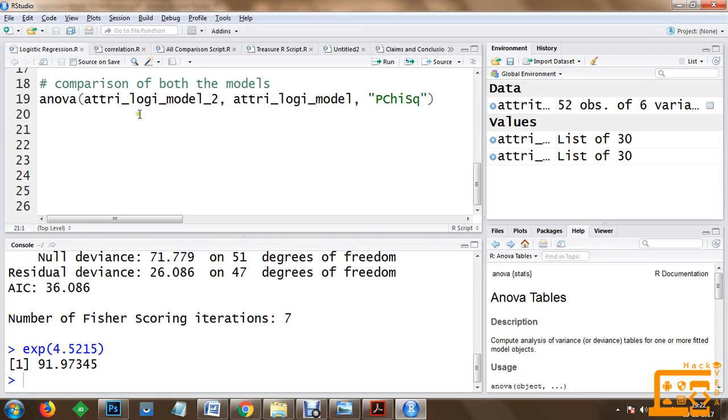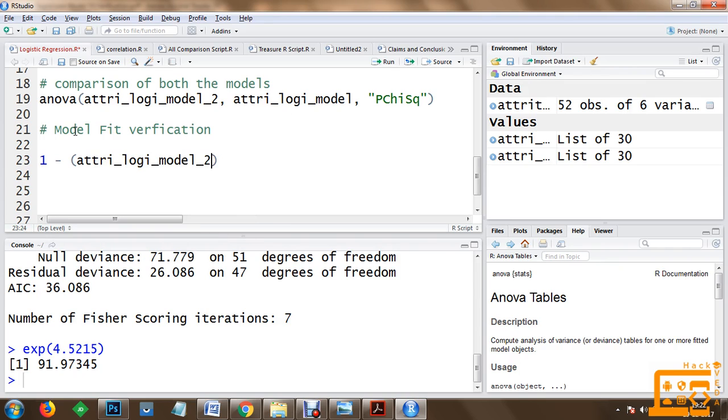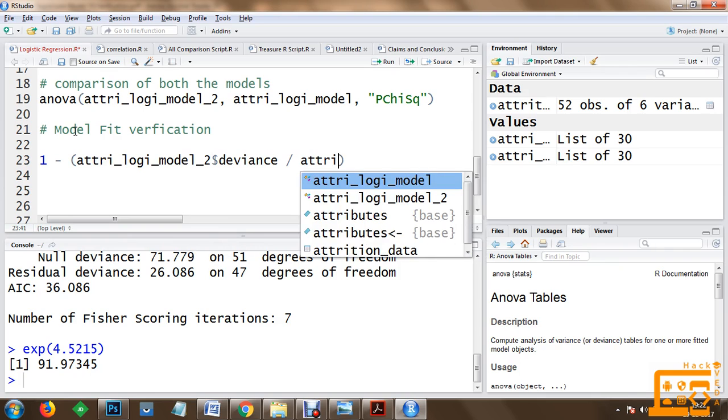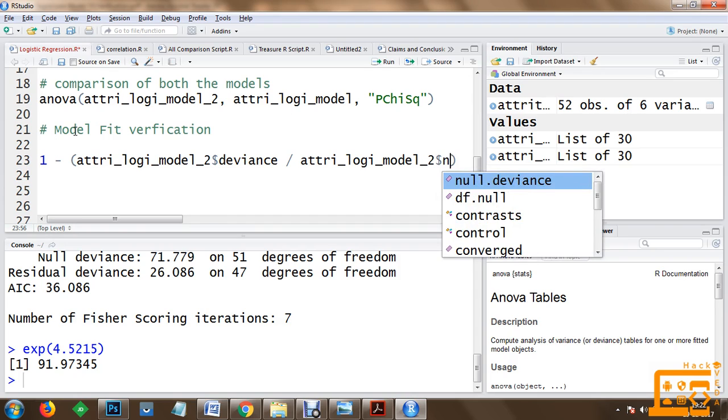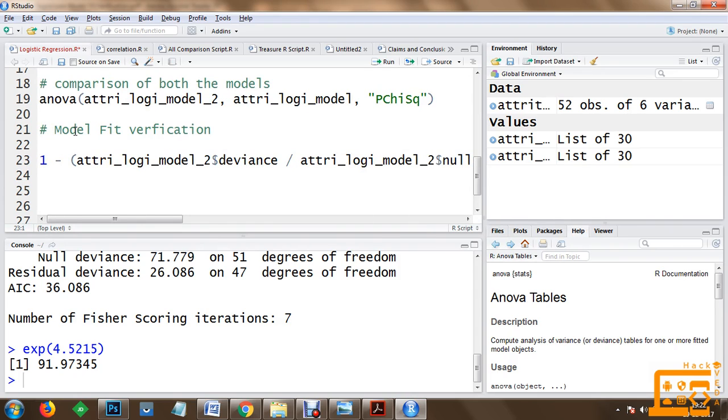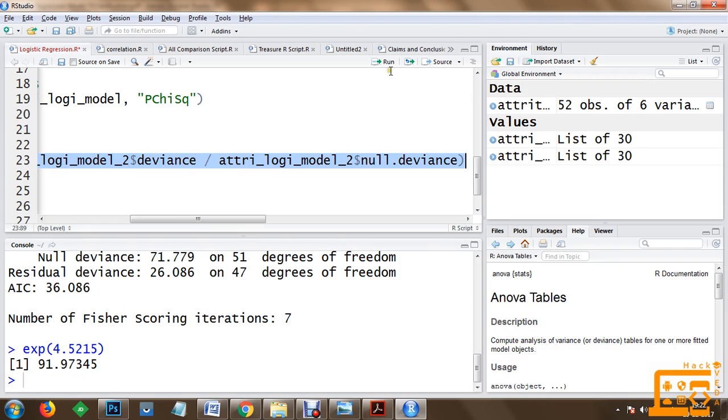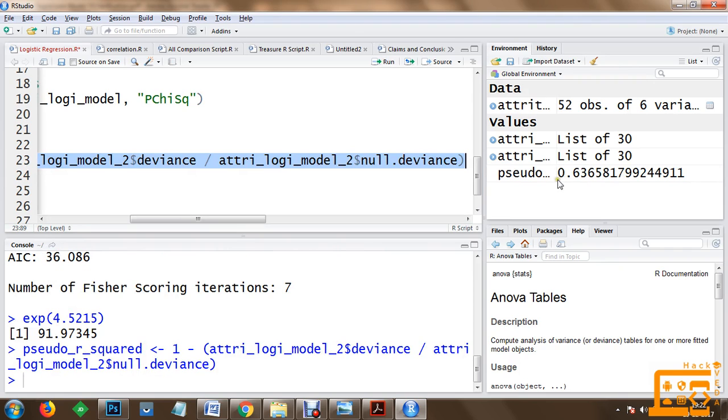Let's get started. So what we need to do here is perform model fit verification. In order to perform this model fit verification, we have to use 1 minus the deviance information of attrition logistic model 2, divided by the null deviance information of attrition logistic model 2, and whatever value is computed we are going to put into pseudo R squared value. So now we are going to execute this, and as soon as we execute this we get a value of